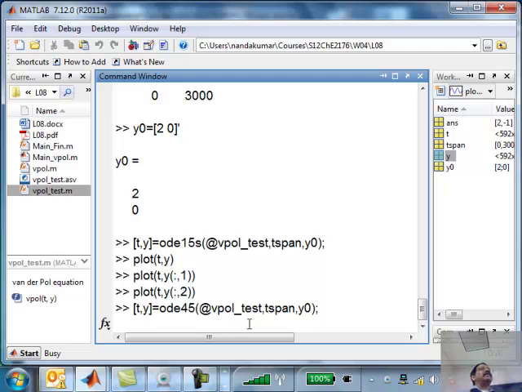Previously, in a fraction of a second, I got the solution. Now I'm waiting and waiting and waiting. It says busy. MATLAB is busy calculating, and this is a very inefficient scheme, because the nature of the problem is that it has periodic states and very rapid change. It's a stiff ordinary differential equation. It turns out that this solver is about 200 times slower than the other. You might say, so what?